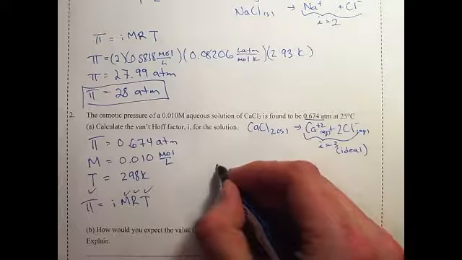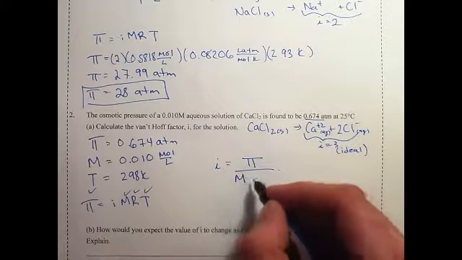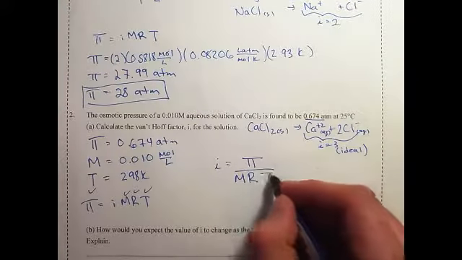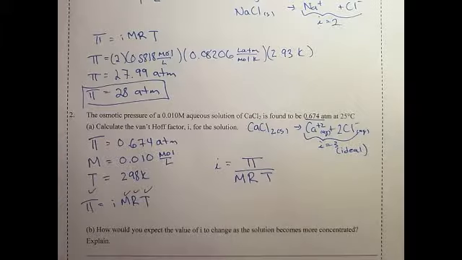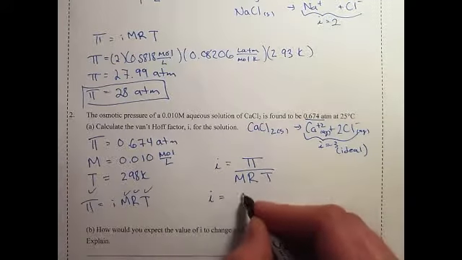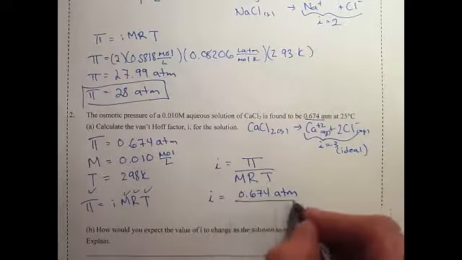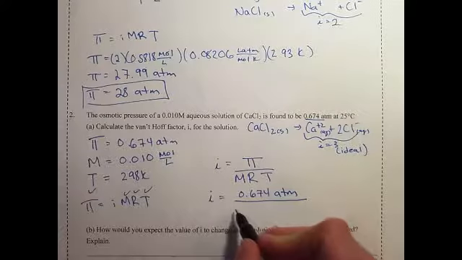So we're going to solve for i. So i is equal to the osmotic pressure divided by the molarity, the ideal gas constant, and temperature. So i is equal to 0.674 atmospheres divided by molarity,